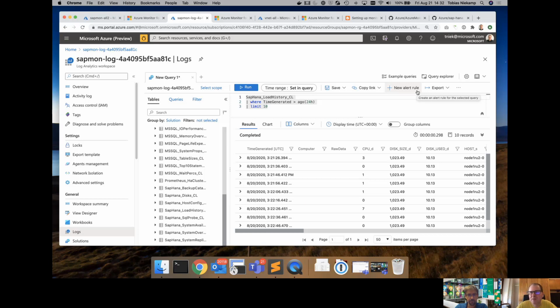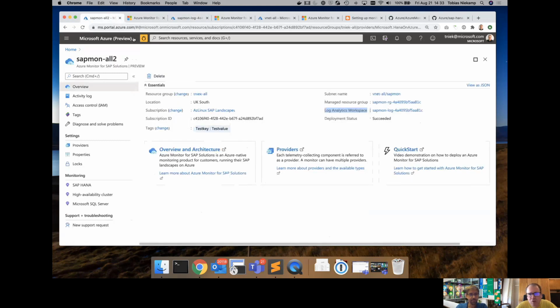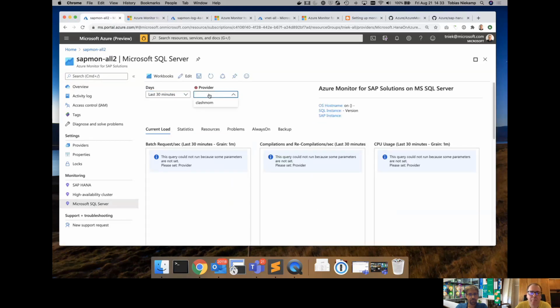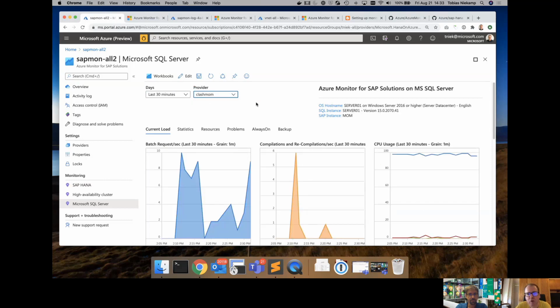This is absolutely possible, and there are a ton of opportunities as you integrate this with existing ITSM tools, right? If you're using ticketing systems, ServiceNow or the like, you could totally integrate with those. We're not limited to HANA, as I already mentioned. We have quite rich metrics for other databases like SQL Server as well.